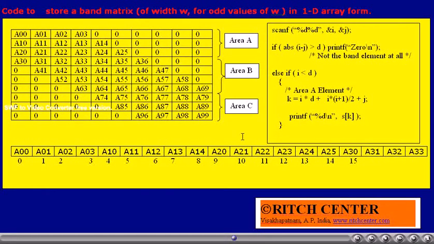If i is the row we are bothered about, there are i rows before it with d plus 1, d plus 2, etc. The sum of those elements becomes i into d plus i into i plus 1 by 2, plus in the current row j elements will be there, the jth element we wanted. Thus, the index of the element with respect to the 1D array becomes k is equal to i into d plus i into i plus 1 by 2 plus j.